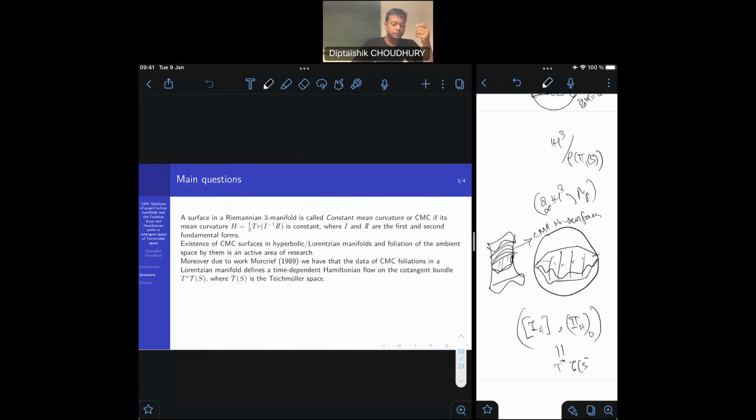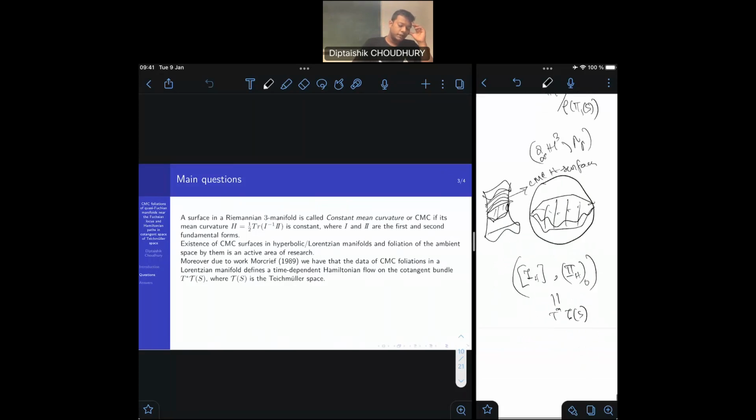and that somehow identifies with a point in the cotangent space, because points in the cotangent space of Teichmuller space are indeed given by these conformal classes of the metric on the surface times a quadratic differential defined on this complex structure, because conformal and complex structures work hand in hand on a surface, and it so happens that this traceless part becomes a real part of this